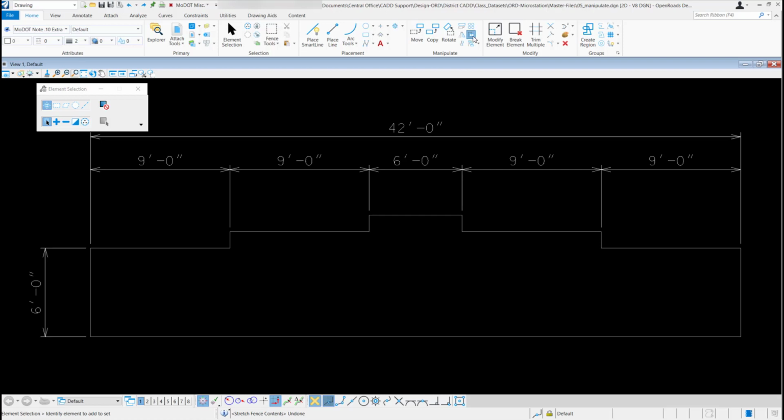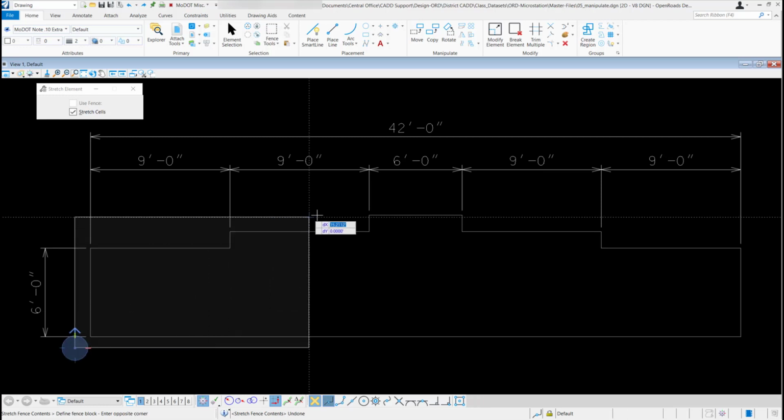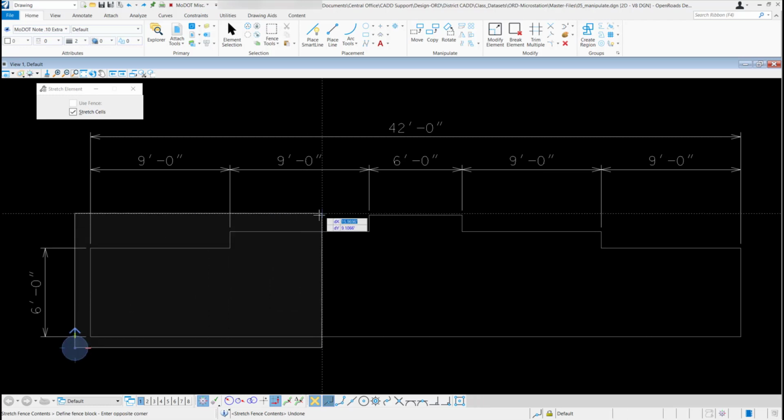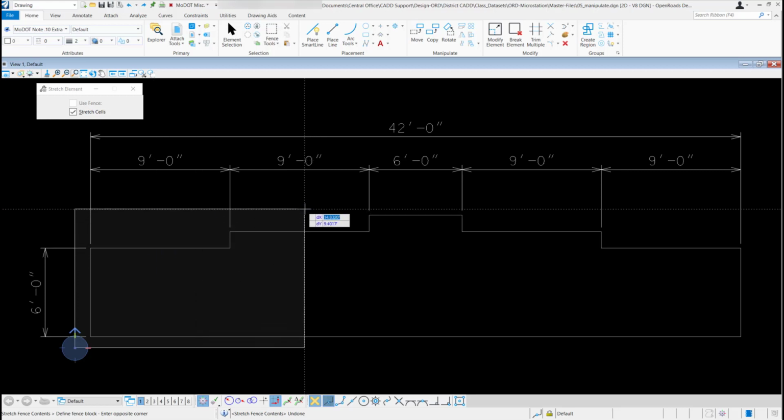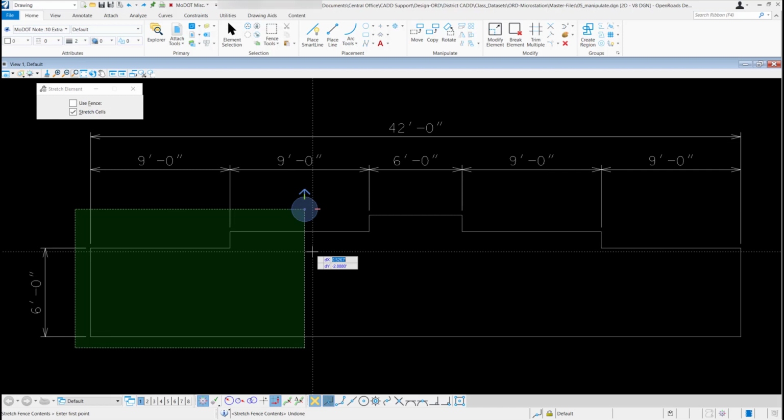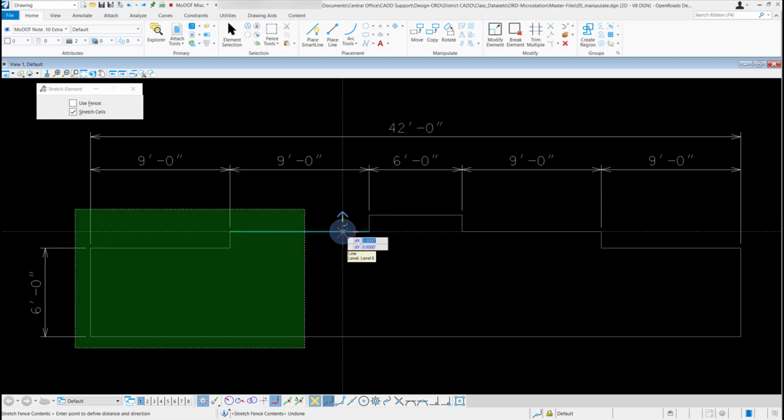Now if I go back up to my stretch tool, it's going to ask me to define my fence block. So I'm just going to grab this whole first step and somewhere in the middle on the second step. So now if I want to move it 6 inches, I'm just going to go out here and snap to this line somewhere. Doesn't really matter.